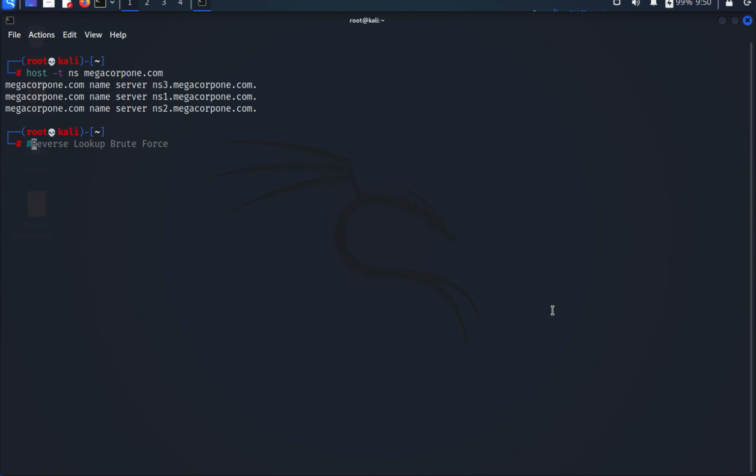The basic syntax for performing this is host -l, then we need to give a domain name and then the name server. So one by one we need to give the name server, and we can check whether it's working on a specific name server or not. So let's go for host -l